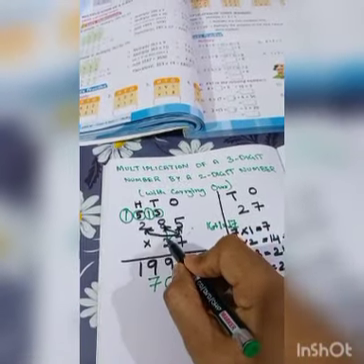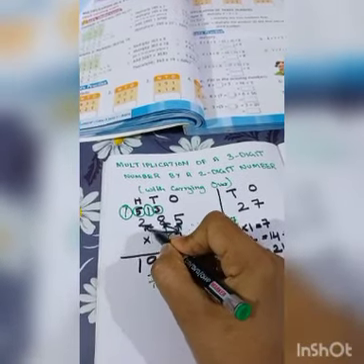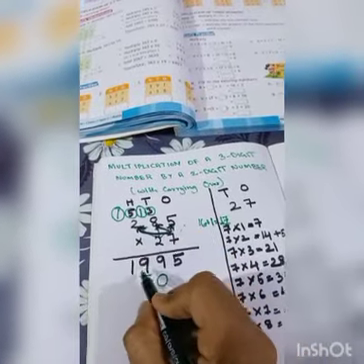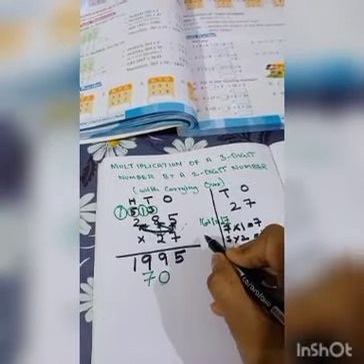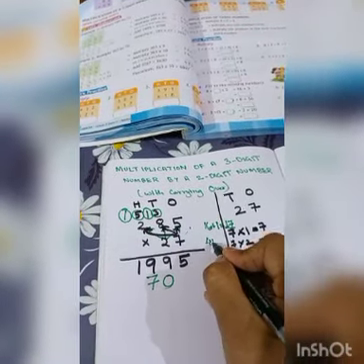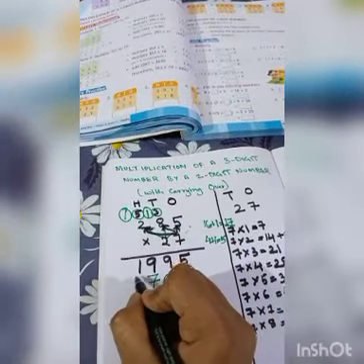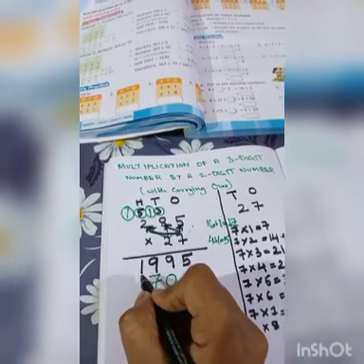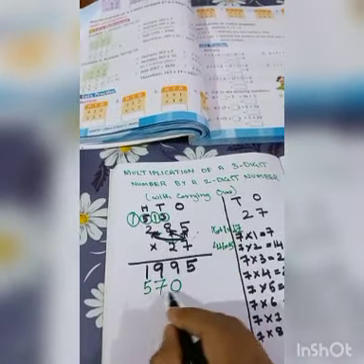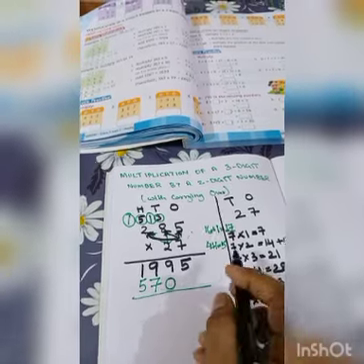So now the last one, 2 into 2. We have to multiply 2 into 2. 2 into 2, how much is it? Yes, 4. So we get 4 plus 1. 4 plus 1 is equal to 5. So we get 570 in total. Okay.